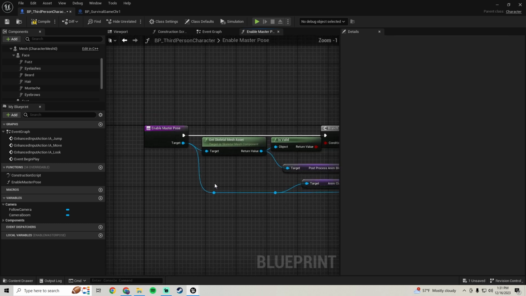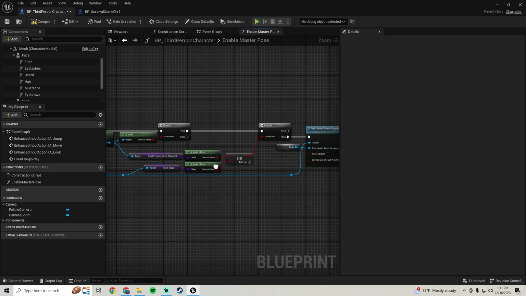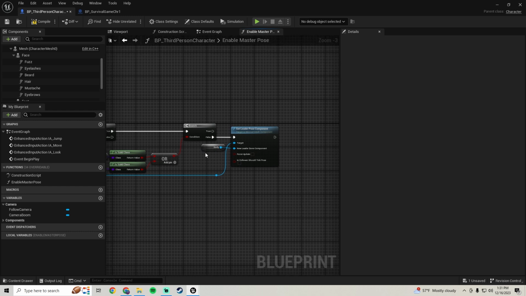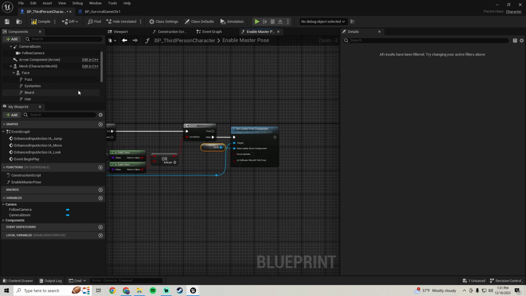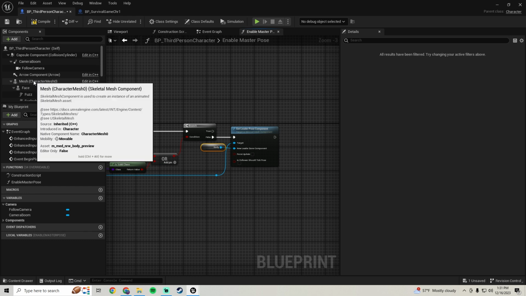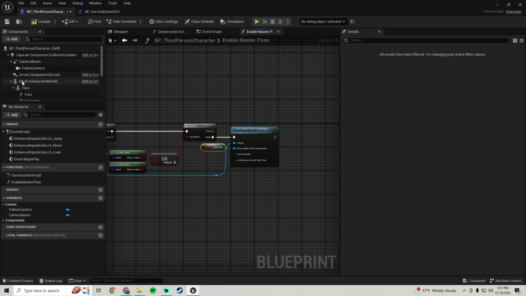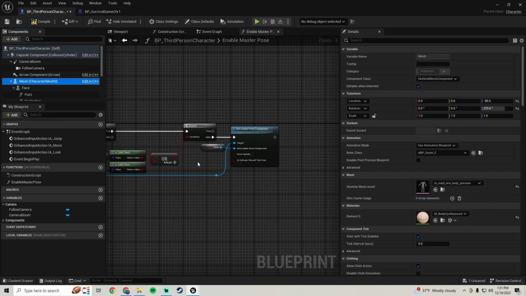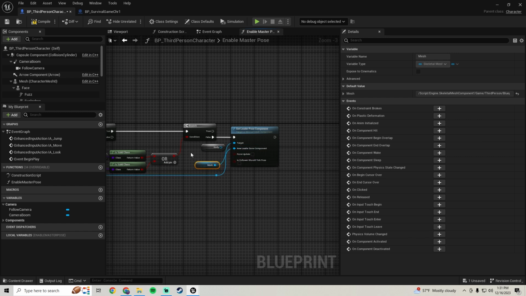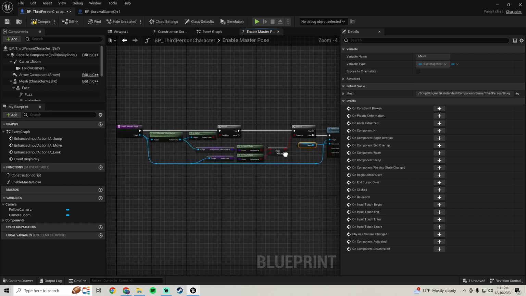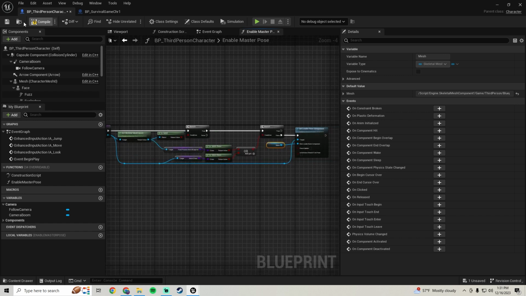So now we need to go down to the end where it says body. That won't work for us because our body is not called body, it's called mesh. So we're going to pull in our mesh and replace that right there, and then we can compile